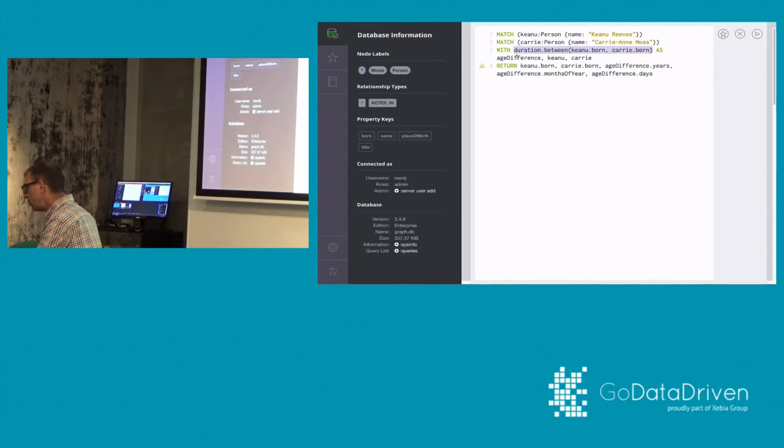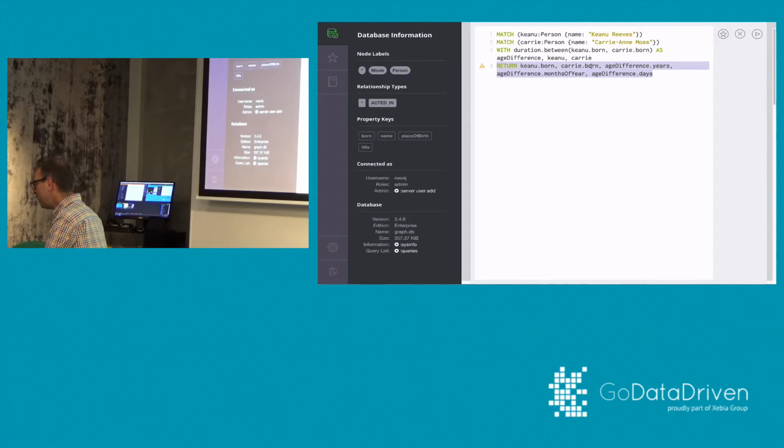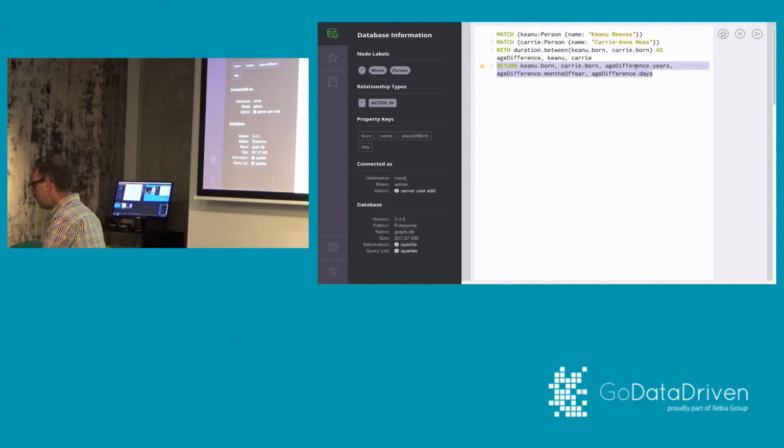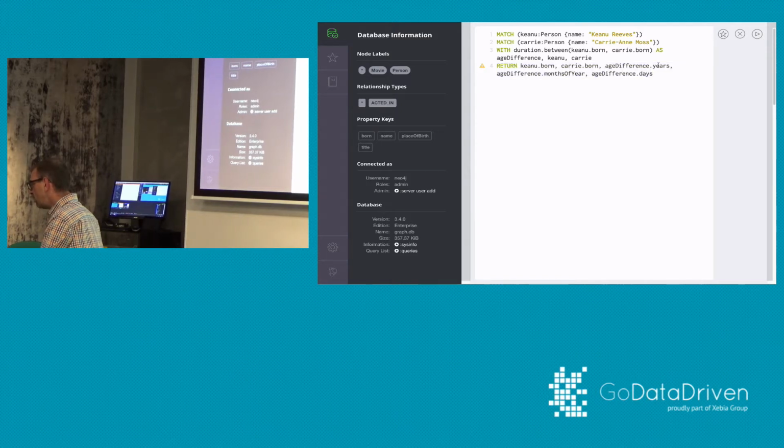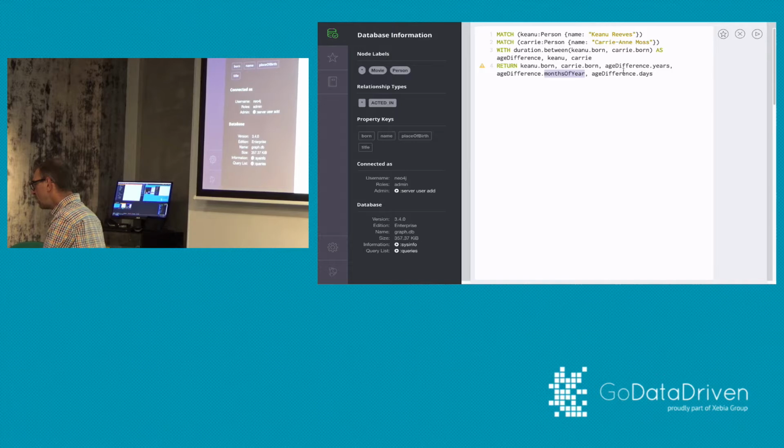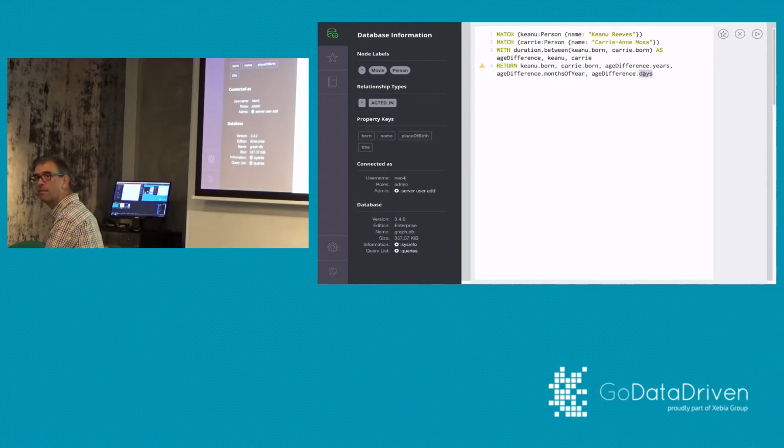And it's going to return that as an age difference, and it's going to pass on the Carrie node and the Keanu node. And then the result of the query is going to be the birth date of Keanu, the birth date of Carrie, and then the age difference in years, months, and days format.